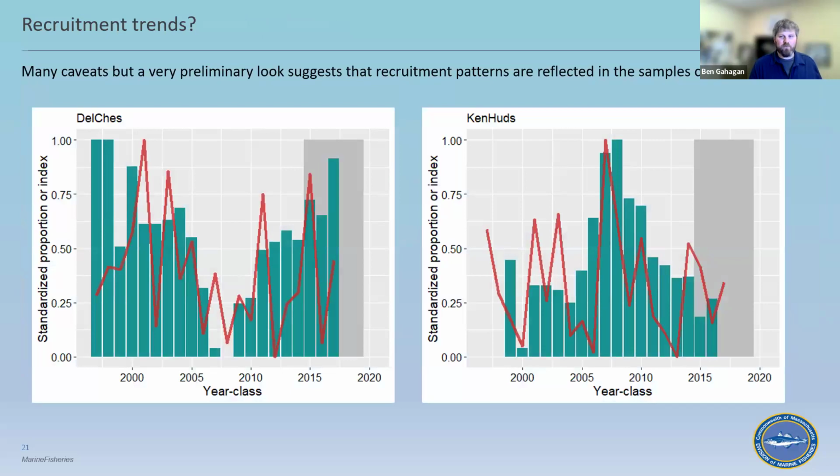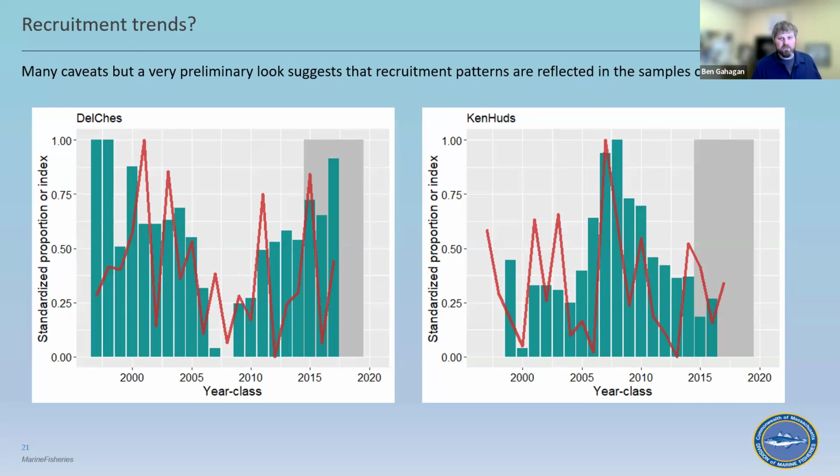And as before, the proportion of samples is represented by the bars, and the red line here is the bay-wide. For Delaware Chesapeake, it's the bay-wide geometric mean from the Maryland DNR survey, and in the Hudson is the New York DEC SANE survey. So these are all proportions, and the SANE surveys were standardized to a 0-to-1 scale. Since Hadley does not believe in secondary y-axes, I had to do that, but I think it's also very useful, of course, to look at the data on similar scales.